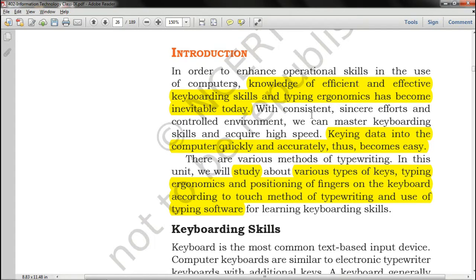Ergonomics has come from the Greek words ergo and nomos. Ergo means work and nomos means the rules, the guidelines, the protocol. So ergonomics is basically typing working rules, how you are working, under which atmosphere, environment you are working.